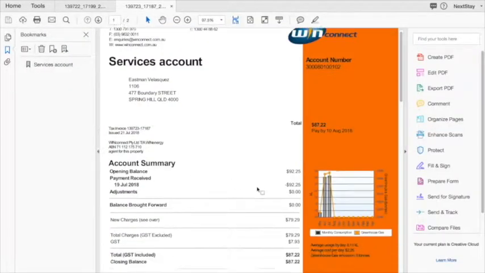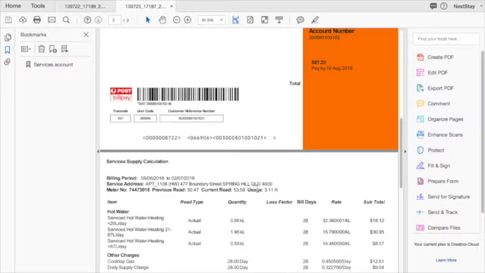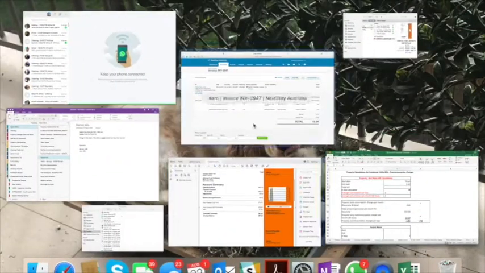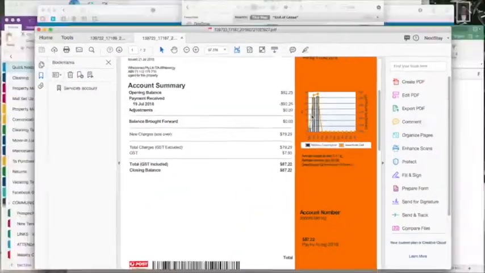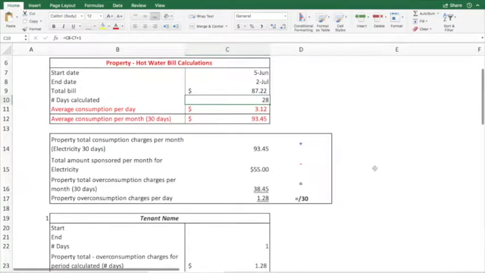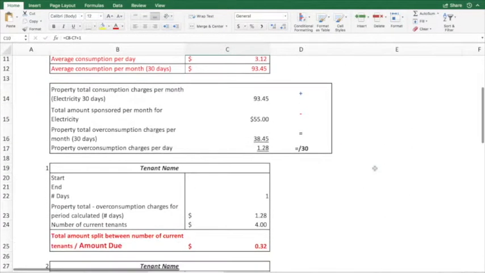We need to open the bill. We need to check the period. So 5th of June to the 2nd of July. And then we have the total bill amount for this one is $87.22. Then pretty much all the calculations are done in here automatically, and then we have the start in this